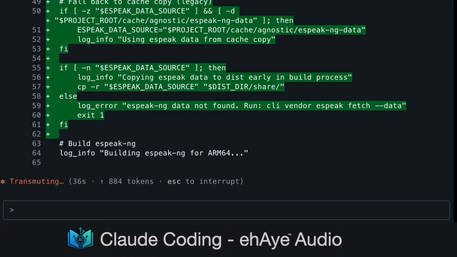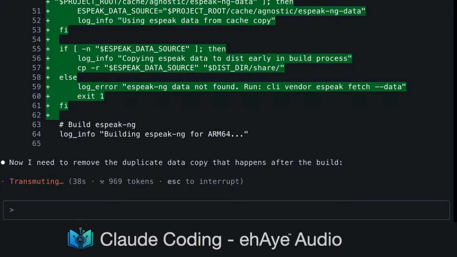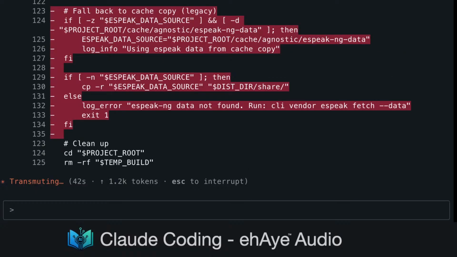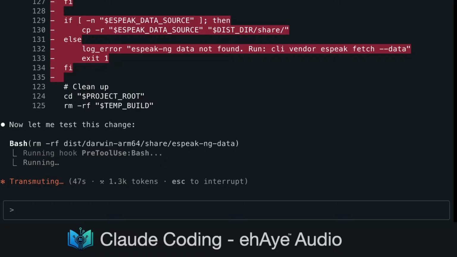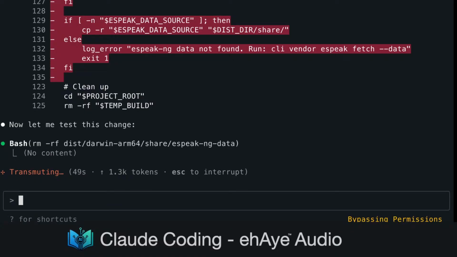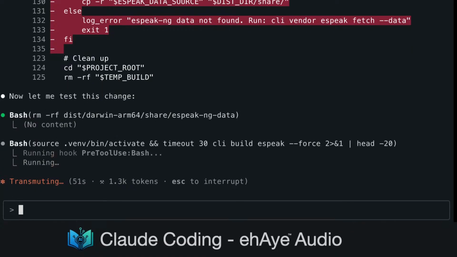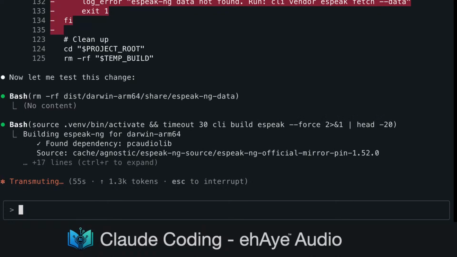Check SBIC source structure. Check what's in the data directory. Based on the SBIC build process, it appears the SBIC data directory is pre-existing in the source and doesn't need to be present during the build phase. The SBIC library compiles without needing the data files. However, you're asking if we should copy the data earlier in the build process. Let me check if there's any benefit to doing it before the build starts.